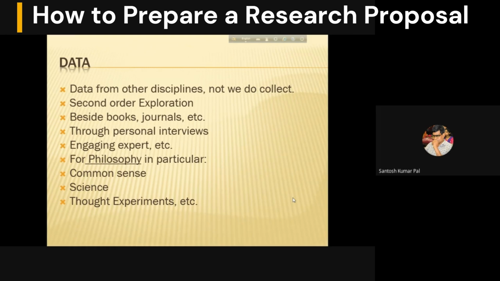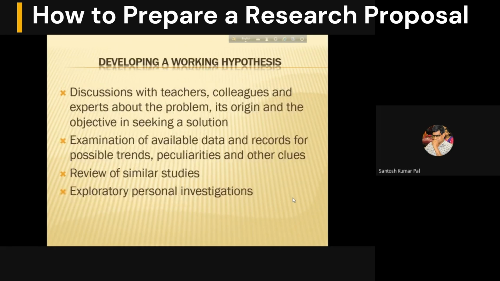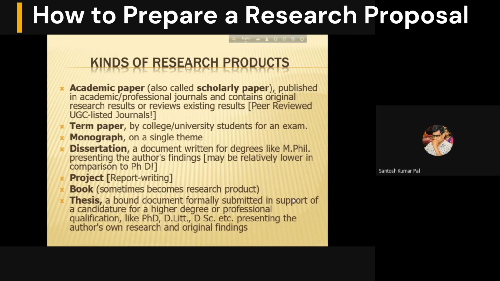আমাদের মূল জিনিস হচ্ছে বুকস, জার্নাল আর নেট মেটেরিয়ালস, আর তার সঙ্গে কমন সেন্স, সায়েন্স, থট এক্সপেরিমেন্ট এই বিষয়গুলো আছে। এগুলো দিয়ে আমাকে এই হাইপোথিসিস, যেটা উত্তর ভেবেছিলাম, তাকে কনফার্ম করতে হবে। ডেভেলপিং এ ওয়ার্কিং হাইপোথিসিস। এটা করতে গেলে কী করতে হয়? টিচারের সঙ্গে আলোচনা করতে হবে, কলিগদের সঙ্গে আলোচনা করতে হবে, যারা এইসব বিষয় নিয়ে অলরেডি আলোচনা করেছে, যারা কাছাকাছি বিষয় সম্পর্কে কাজ করছে তাদের সঙ্গে আলোচনা করতে হবে, তারা অনেক হেল্প করতে পারে। এবং এইভাবে একটা ওয়ার্কিং হাইপোথিসিস ডেভেলপ করতে হবে এবং সেটাকে ডেটার মাধ্যমে কনফার্ম করার চেষ্টা করতে হবে।